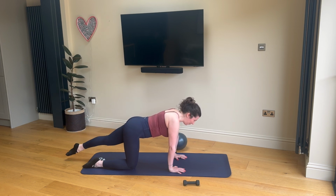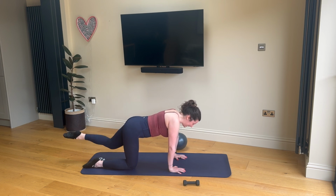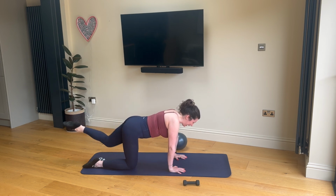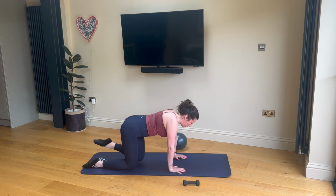For 8, 7, 6, 5, 4, 3, 2, hold it up, bend that knee in as you inhale, exhale, take it out long, inhale in, exhale long, shoulders away from ears, lower back isn't moving, that navel to spine connection and that lift of the pelvic floor, lengthen through that leg, reach out through the toes for 5,